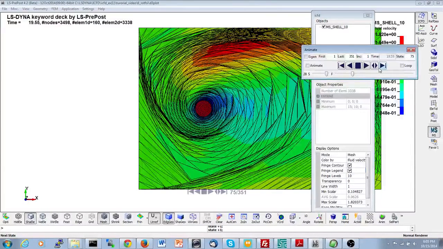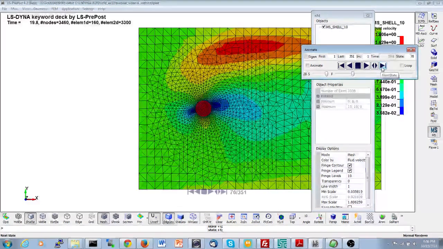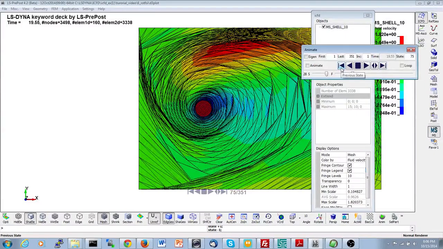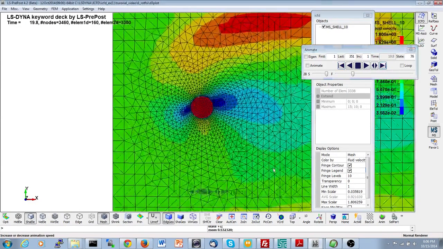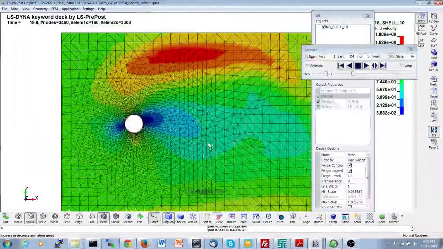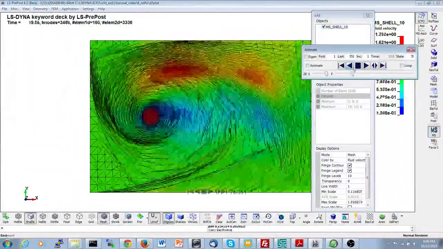for two reasons. The first reason is that remeshing is only done on one CPU. So when you're doing MPP analysis, which I would recommend for the ICFD solver, then this would break your scalability and increase your calculation time. And the second thing is that obviously when there's a remeshing, the solver has to communicate the values of pressure from the old nodes to the new nodes, and you may have some jumps, numerical jumps in the results. Nothing too bad, but you just have to be aware of it. So for those reasons, remeshing is avoided, but as you can see in a case like that, well, we'd like